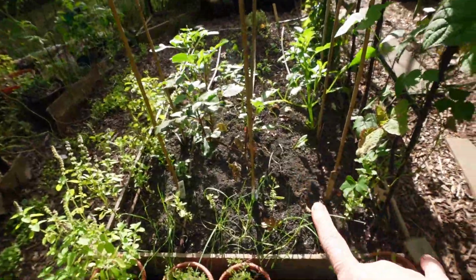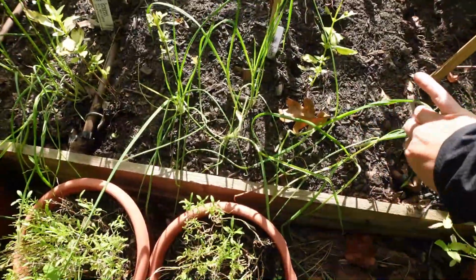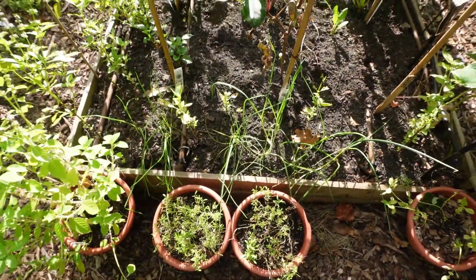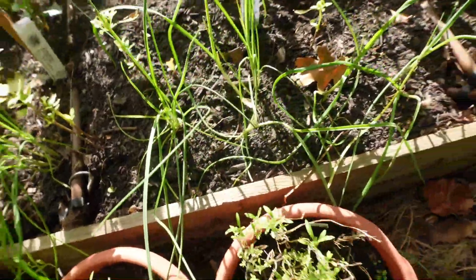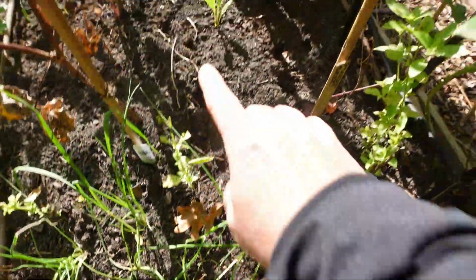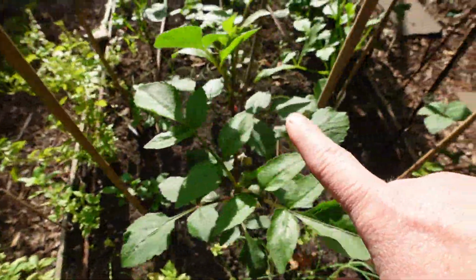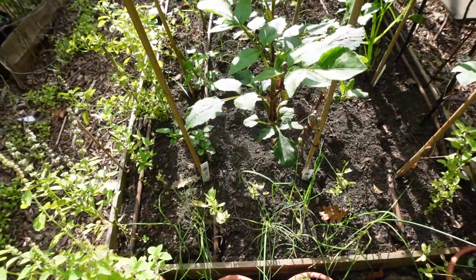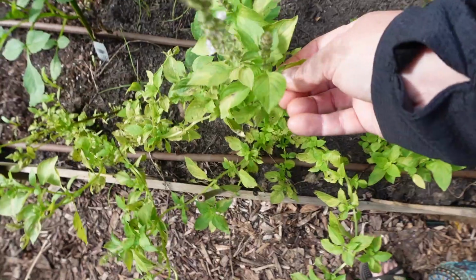And then turning around here to take a look at the other 4x8 front bed. I have leeks. I don't think they're going to do anything. I was really just planting them for the pollinators, but intermixed in here should be lettuce that I seeded, and I don't see any. Well, actually here's one, but there should be a lot more. I seeded some mesclun here in this section right here. It doesn't look like it's doing much, so I might use those grow bags that I'm ripping the beans out of for lettuce. This basil is lemon basil,